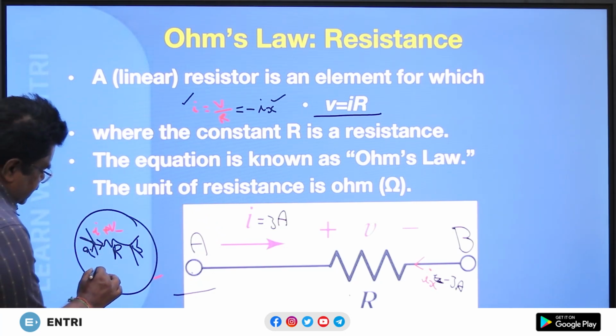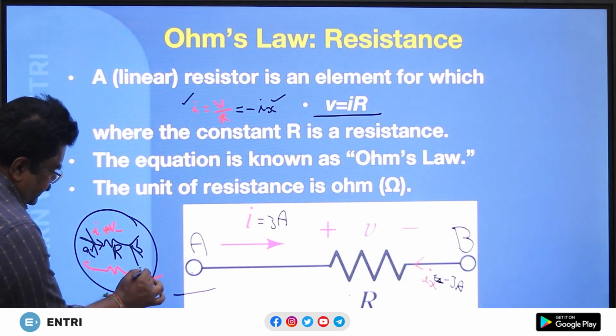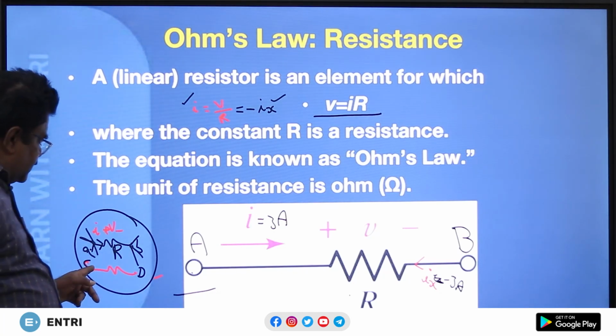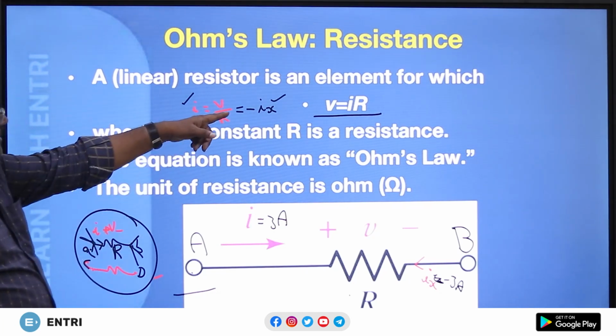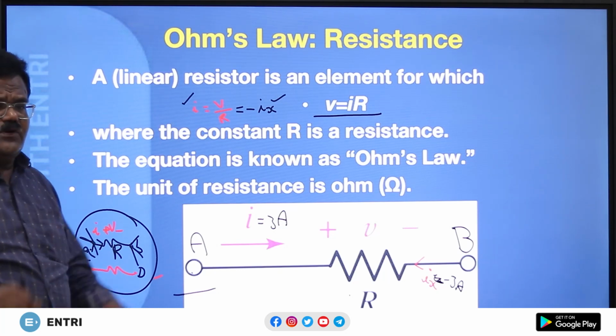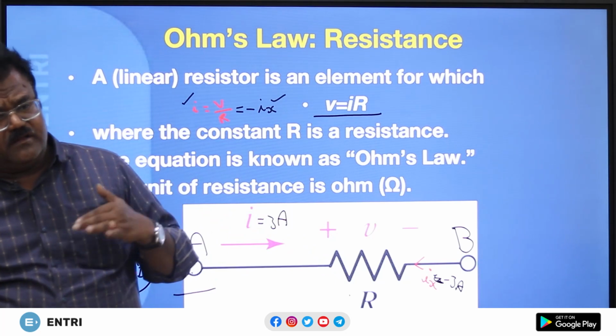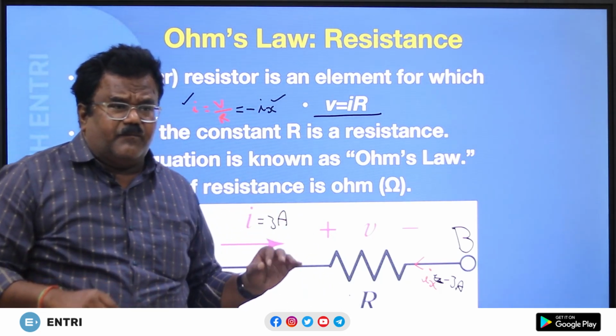Suppose here between C and D, this is called C, this is called D. Between C and D, some resistor is there. Here also current is flowing, and voltage is defined as V equals IR. So in any network, irrespective of what the sources, the elements, or the currents flowing are, a particular element